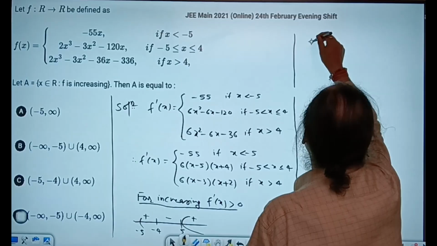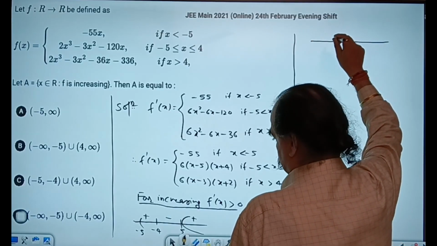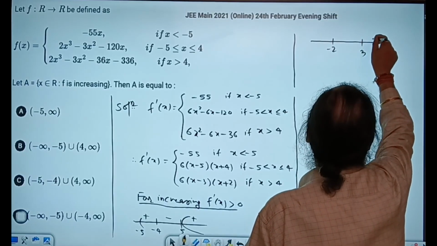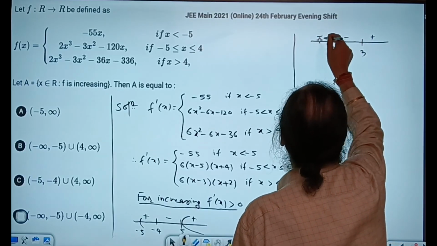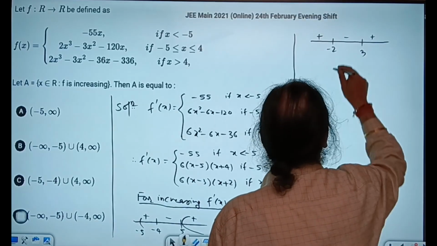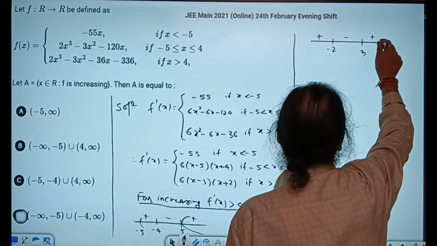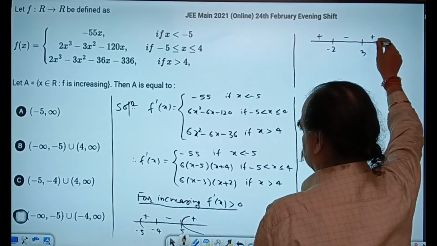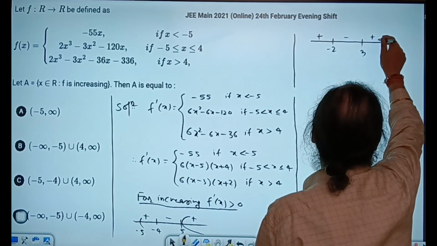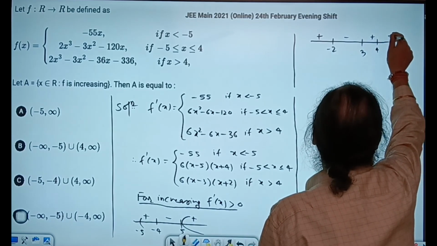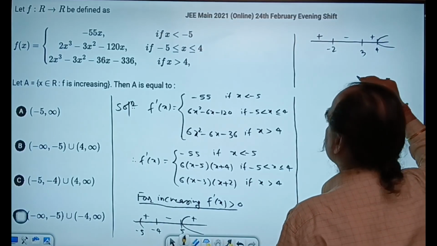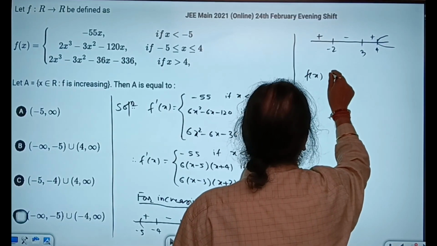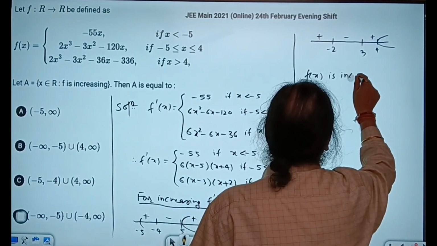Second, Vivekar method says 3 and minus 2. Minus 2, 3. Positive, negative, positive. So it is what? In this part as well as in this part. But here the interval is what? More than 4. x is more than 4. So we'll take this. So when we club, then f x is what? Is increasing